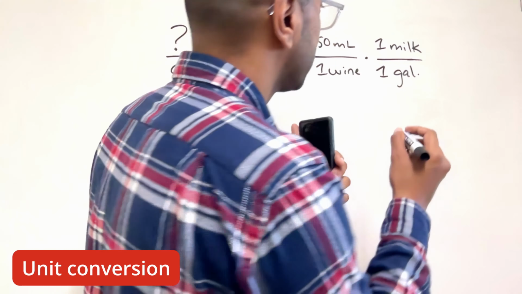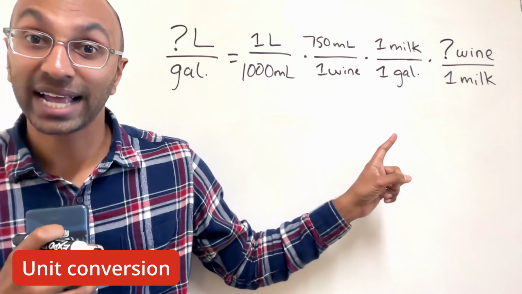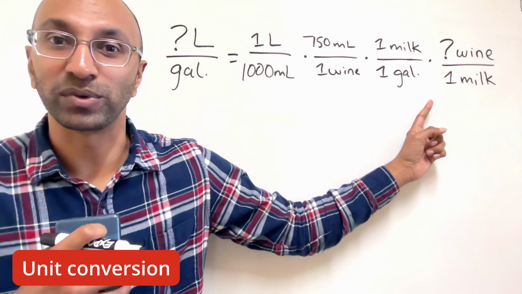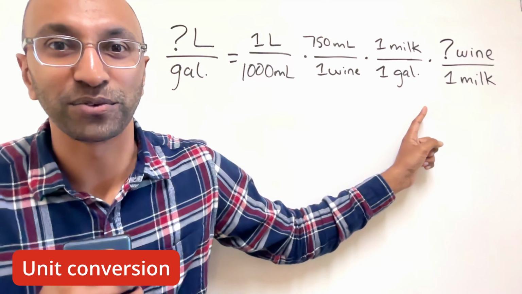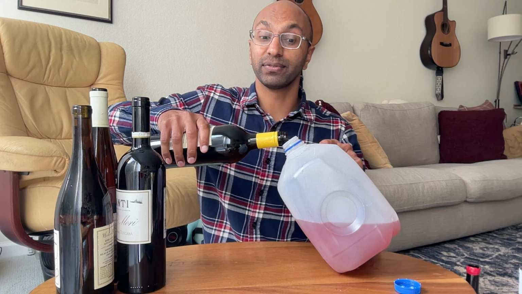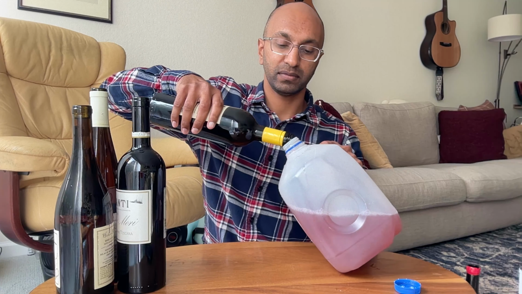The missing piece is how many wine bottles exactly fits into a jug of milk. This is what our thought experiment was estimating and that we are now trying out for real. When we're doing it in my head, I was thinking it was going to be 5, 3,